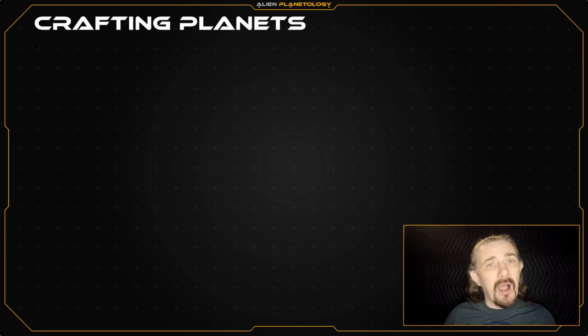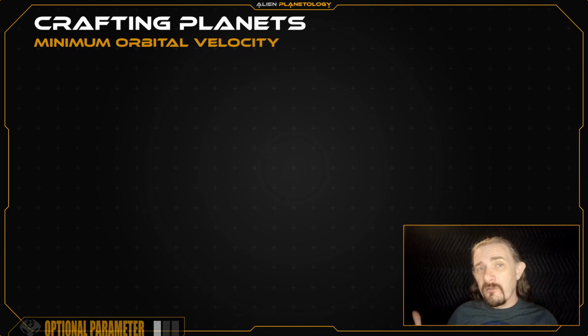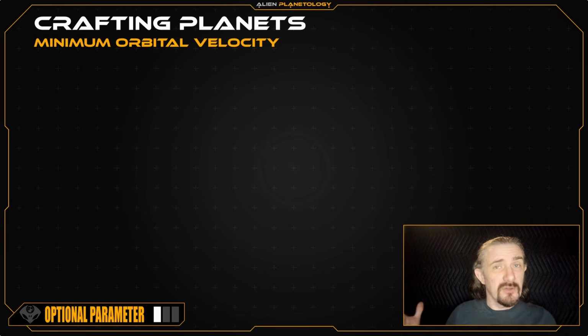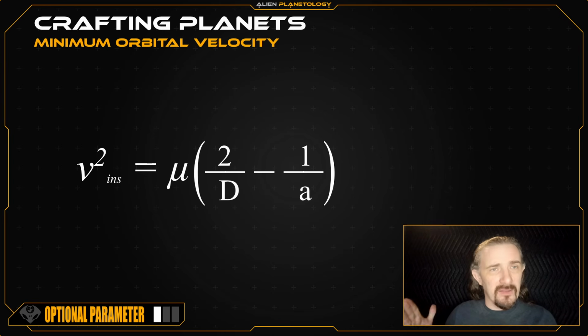Before I end this video, I want to calculate 2 additional optional parameters for my planet, its minimum and maximum orbital velocities. To do this, we can use this equation, which relates the square of the instantaneous velocity to the standard gravitational parameter times the remainder of 2 divided by the planet's distance from the star minus 1 divided by the planet's semi-major axis. We call this the instantaneous velocity because this equation calculates our planet's velocity at just 1